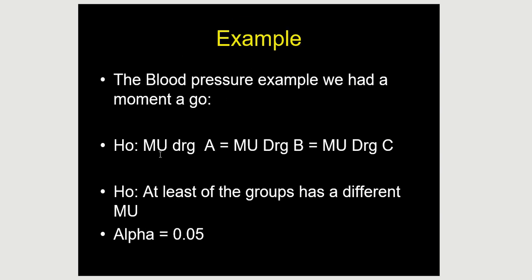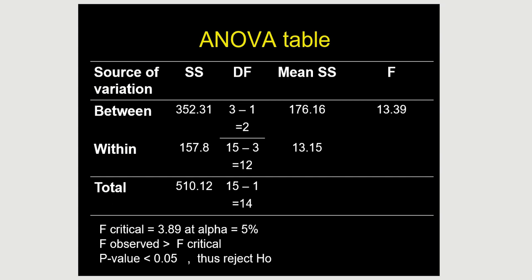The null hypothesis: mu blood pressure for drug A equals mu blood pressure for drug B equals mu blood pressure for drug C. At least one of the groups has a mean different. This is the alternative hypothesis. We assume the null hypothesis to be true and we set alpha at 5%. Okay? Step number 3 is building the ANOVA table,